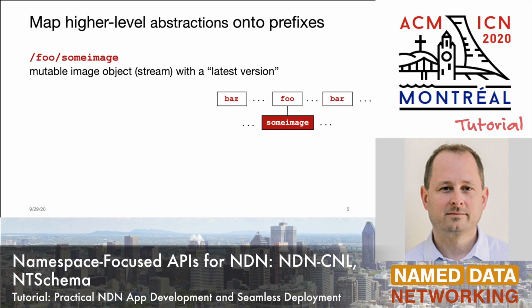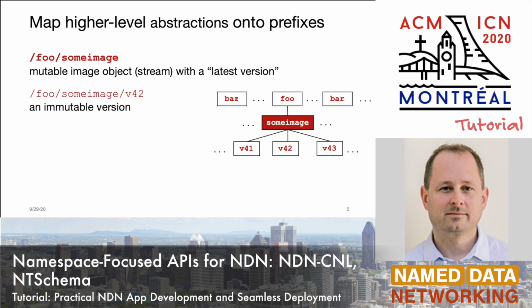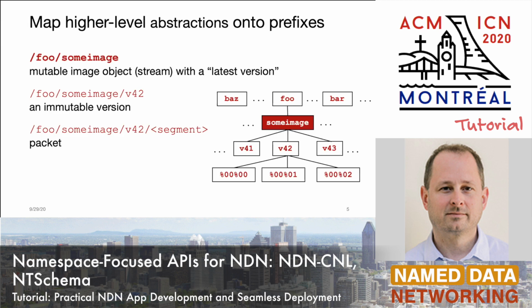So if we imagine a high-level namespace foo that contains images, from an application's perspective, at a high level, that application might not actually think about the name as representing an immutable piece of data or set of data on the network, but rather a mutable image object that has different versions represented in the next level of the hierarchy. Of course, the names at that level are starting to represent immutable versions of that image, if you think about the NDN format. And then, of course, at a lower level, when you get down to the packet, you might have individual segments. And we want to be able to attach abstractions in the CNL to various levels of this,